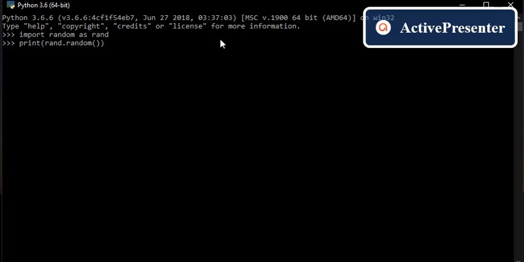That floating point number should be greater than or equal to 0.0, so 0.0 is also included, and above 0.0 also, but less than 1.0.